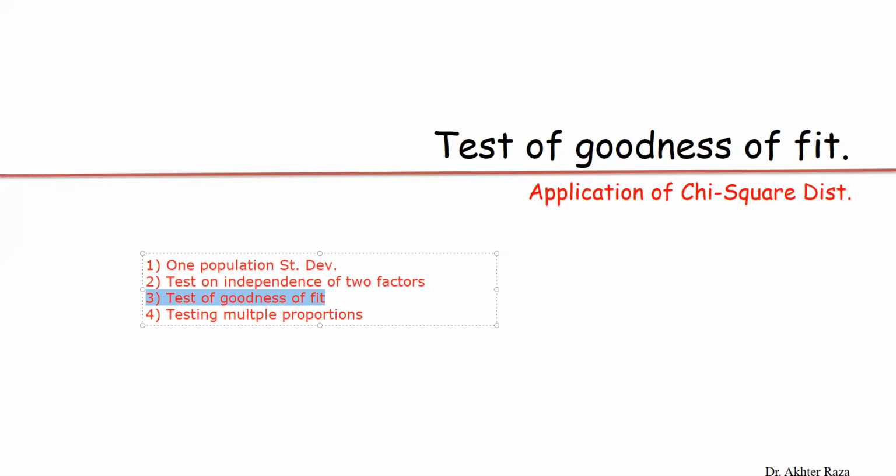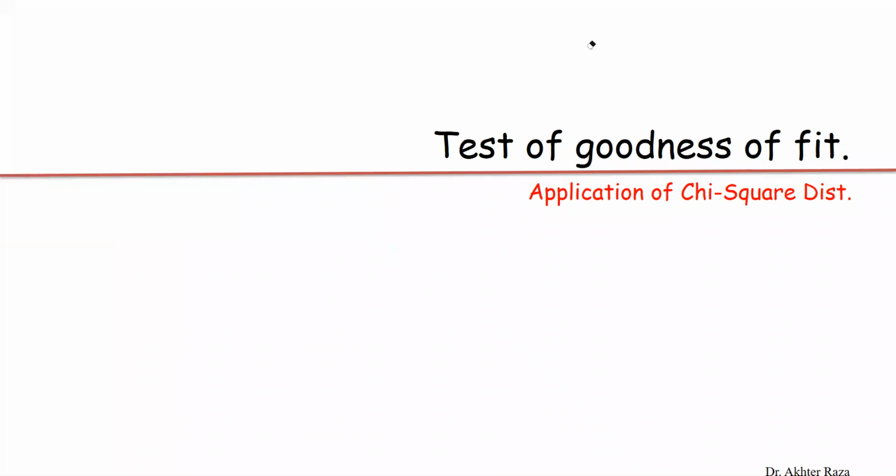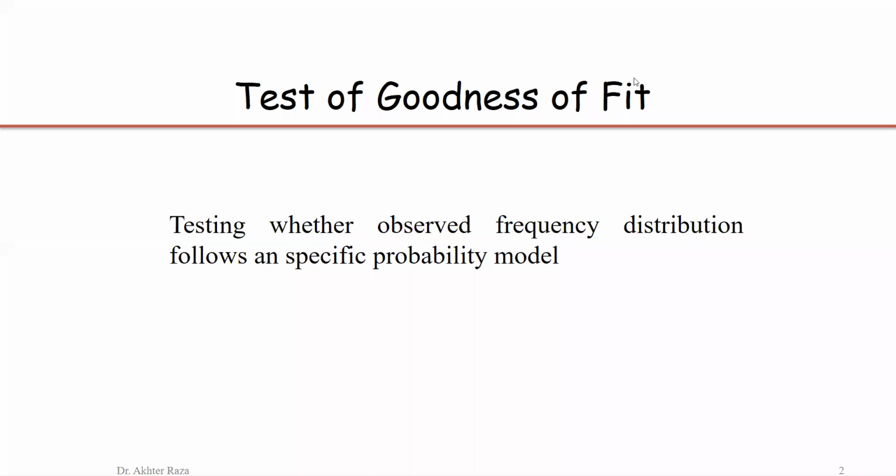Test of goodness of fit checks whether two distributions, one of them the observed distribution and the other the suggested distribution, are close to each other or not. So this is the way of testing the fitting of a distribution: testing whether the observed frequency distribution follows a specific model. Observed distribution means